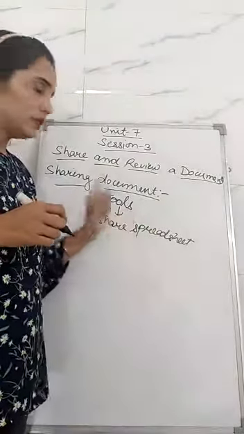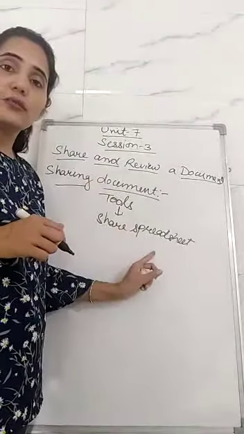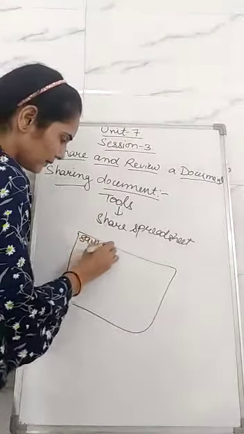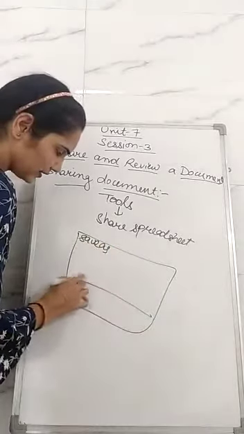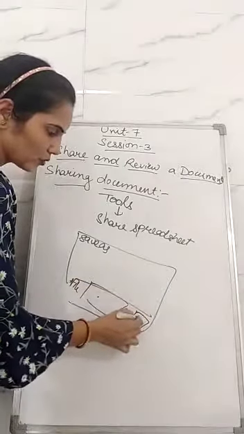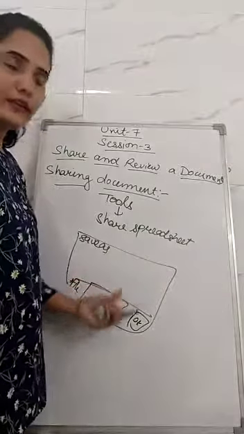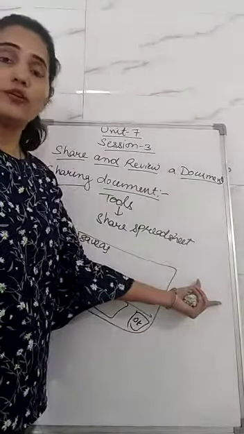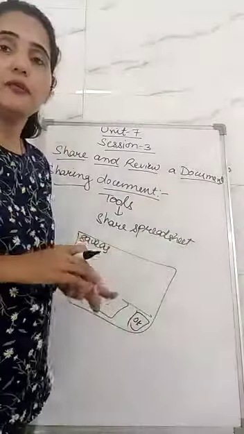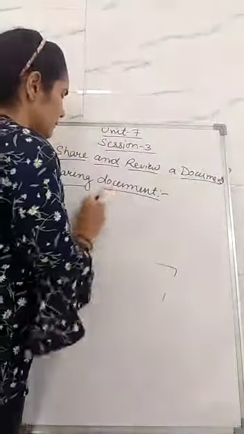And how can you share? Just click on tools and then click on share spreadsheet. When you click on share spreadsheet, a save as dialog box will appear, and there is a box for the file name. You will write down your file name and then click on OK. When you save the document, a copy of your currently open file is saved in your documents, and then other persons can open that document and make changes there.